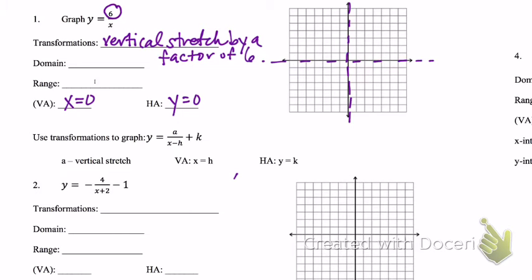Domain would be from negative infinity. It would stop where? 0. Then there's a union, then 0 to positive infinity. Range, same thing. Negative infinity, 0, union, 0, positive infinity. If I were to graph this without a calculator, then I would need to plug in